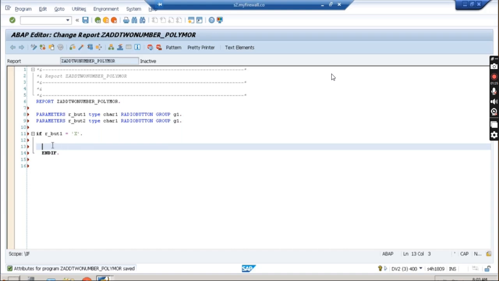In that case you want to call the add method of class 1, correct? You want to do it like this,